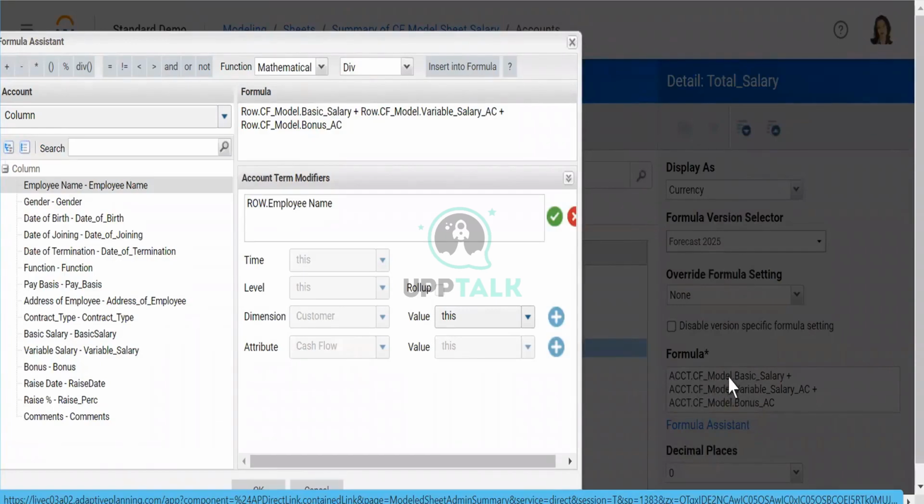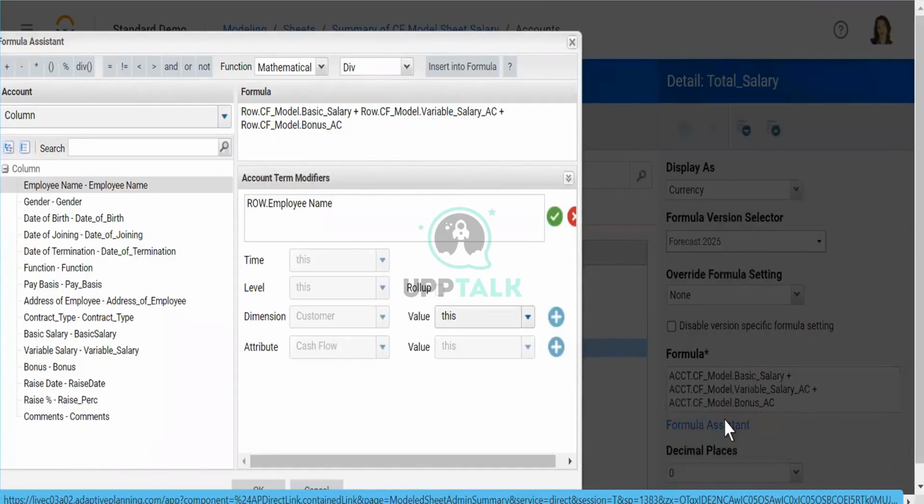CF underscore model. All the accounts that you created are by default getting the same prefix code, and when you enter that in the formula, it is only supposed to be used when you are addressing with the account syntax. Whenever you use a row syntax, the prefix should not be used.